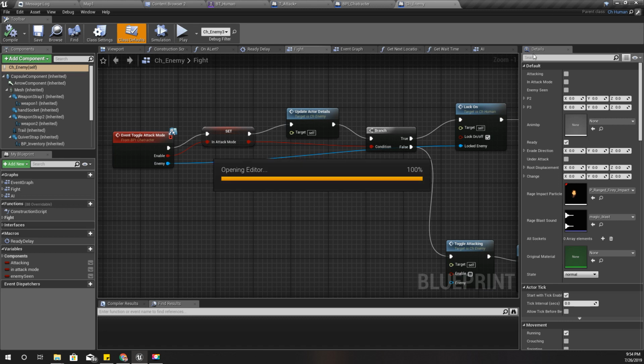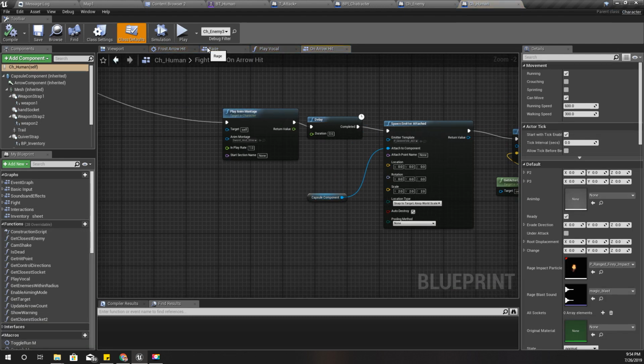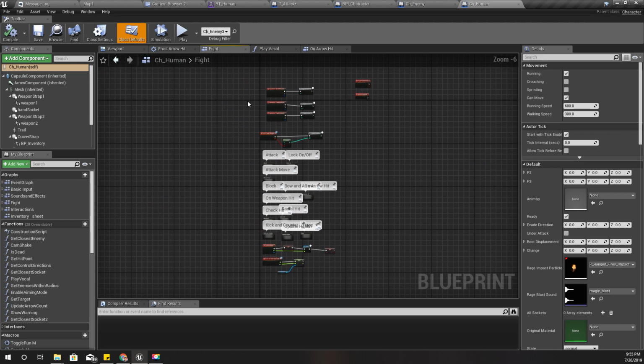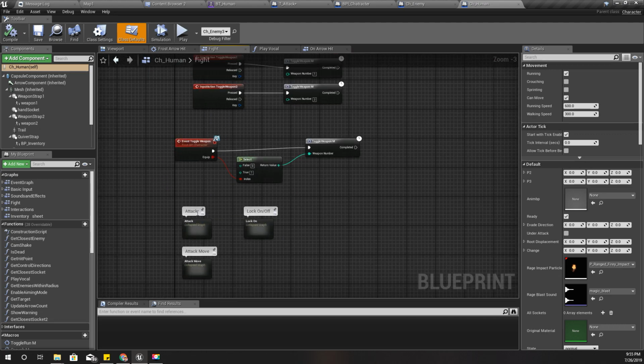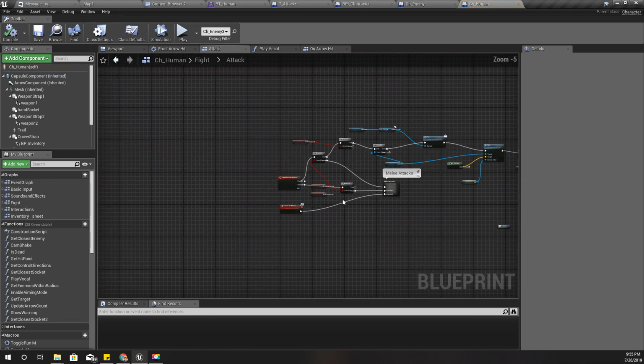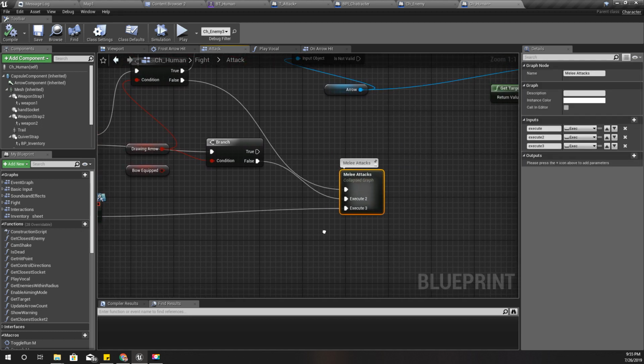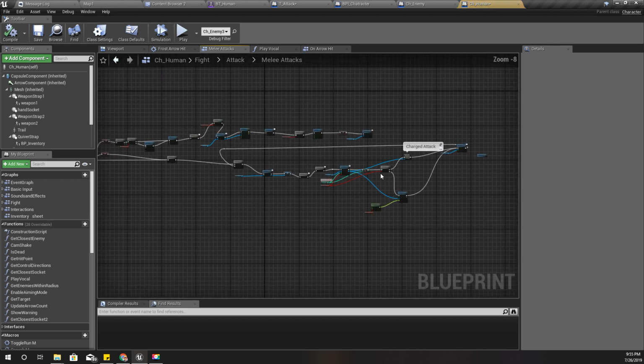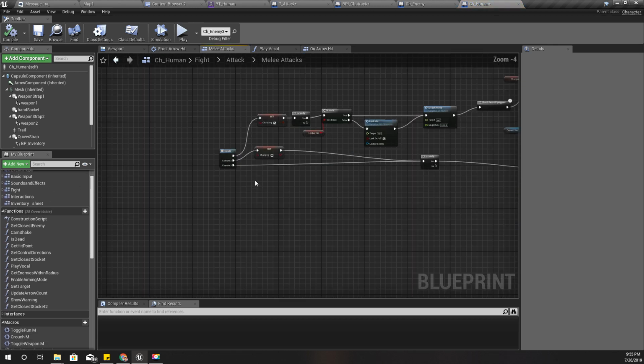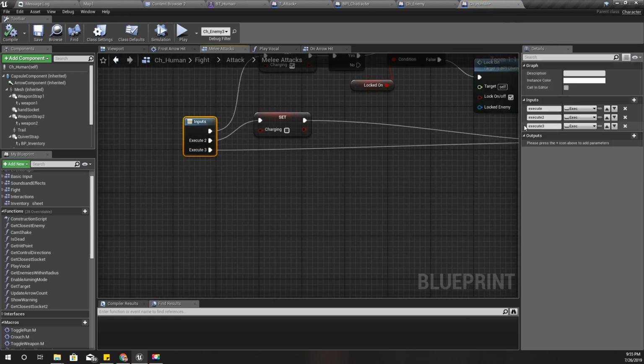No, it should be in the parent. Yeah, this one, AI attack. So I just call this melee attacks, execute 3. This is the AI attack,